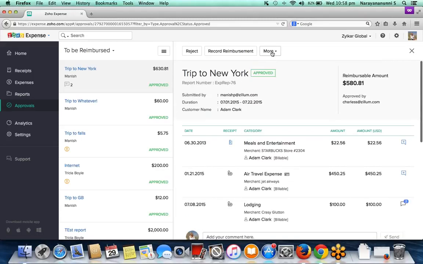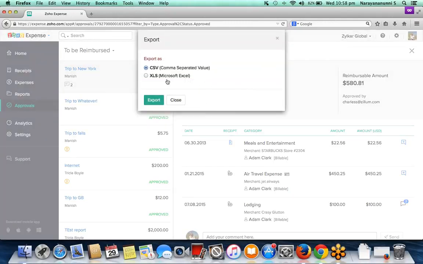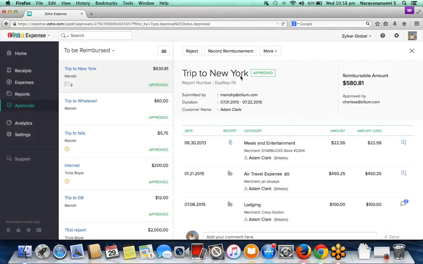She can also get a PDF of that report just by clicking on this PDF, or if she wants to export this report to an XLS or a CSV format, she can just click on export and export it as a CSV or an XLS file to import it into a different accounting software. Even if an administrator user finds any fault with this particular expense report, she can just click on this reject button and reject this expense report. So it will be sent back to Manish for any changes, and Manish will be able to resubmit that particular